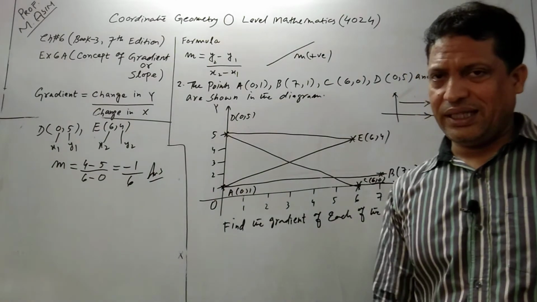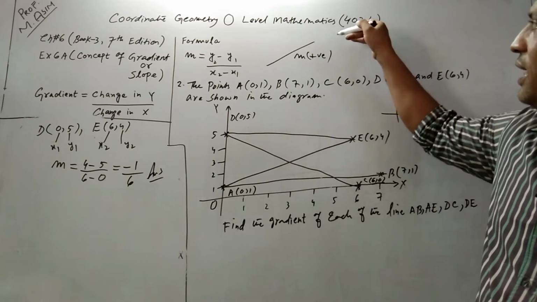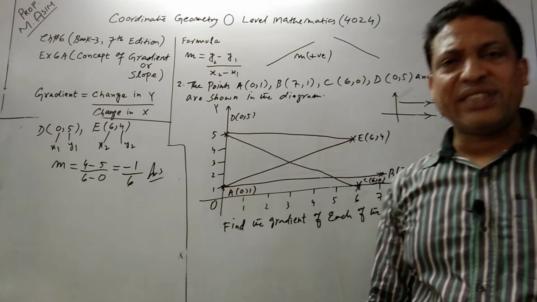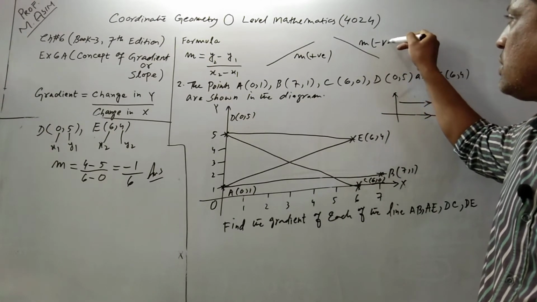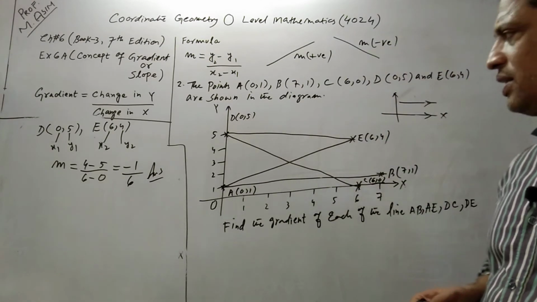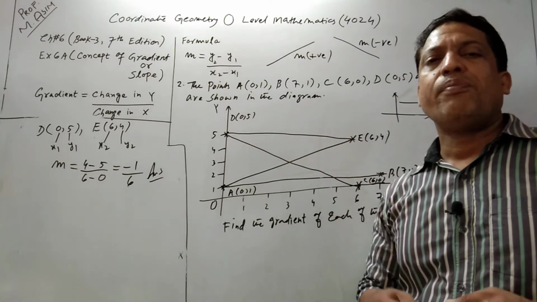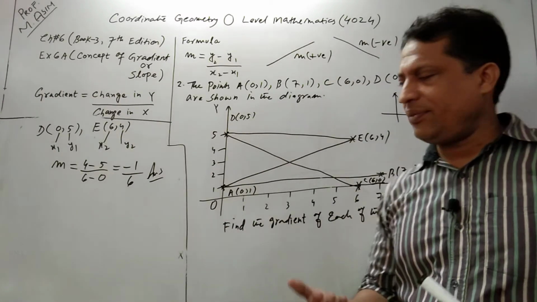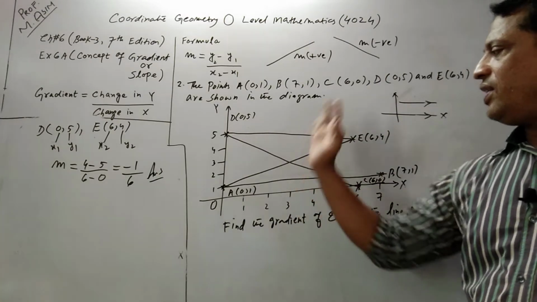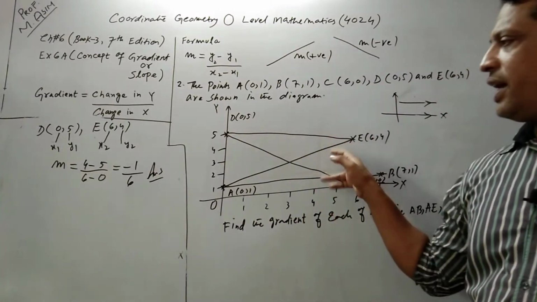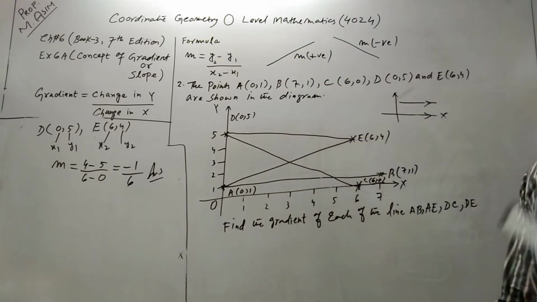What does this answer tell you? This is your line DE. So, if the line is tilted to the left side, then the gradient is always negative. So, question number 2 is an informative question about gradient. If the line is parallel to the x-axis, the gradient is 0. If the line is tilted on the right hand side, the gradient is positive. If the line is tilted in this position, the gradient is negative.